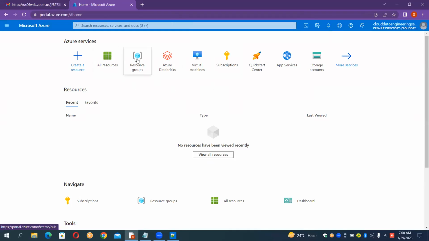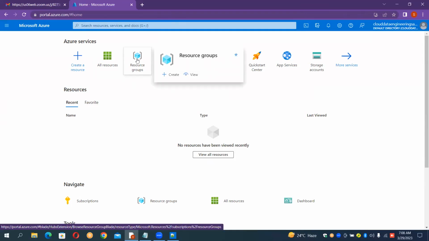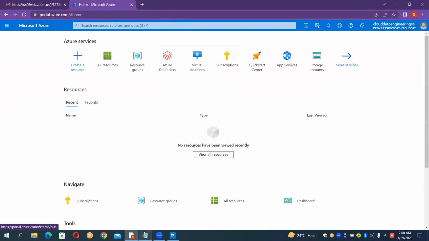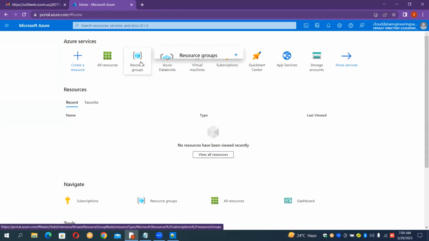On the top of this, you will have a resource group. Resource group is like a main folder, which provides you the access, or which holds the entire process. Whatever things you have, the entire process will be stored here. So a resource group is like a main folder. So open this